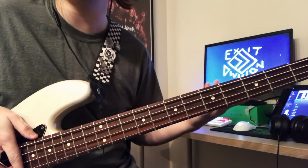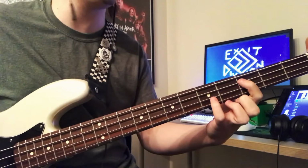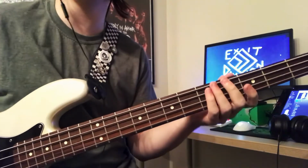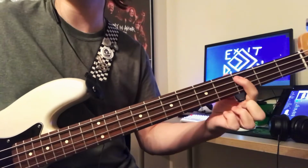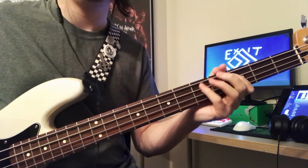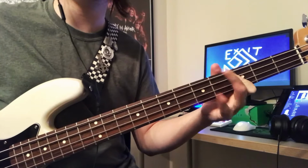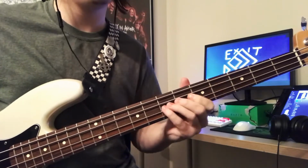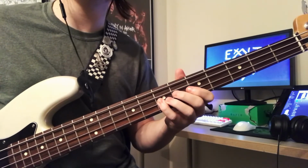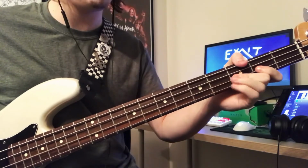And then the intro moves on to the verse, which plays around this whole shape here between your 3rd and 5th fret, between these 3 strings, the last 3 strings, the A, D, and G. So you're just going to go on the 3rd of the A, 3rd of the D, 3rd of the A, 3rd of the D, and then you slide up to the 7th on the D, right? So you just keep playing it. 3rd, 7th,